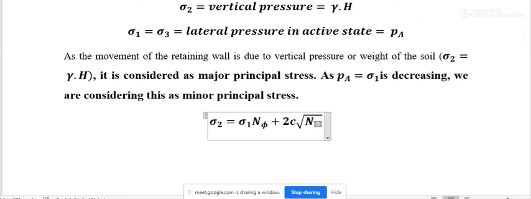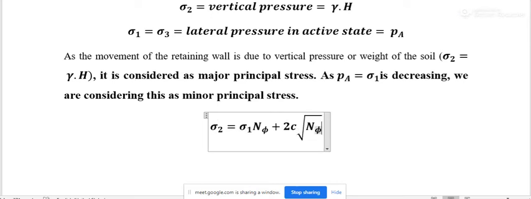I think you are familiar with this equation. In the primary equation, this one is sigma 1 and this one is sigma 3, but the meaning of things is similar. That is, sigma 2 is the major principal stress and sigma 1 is the minor principal stress here, and by that